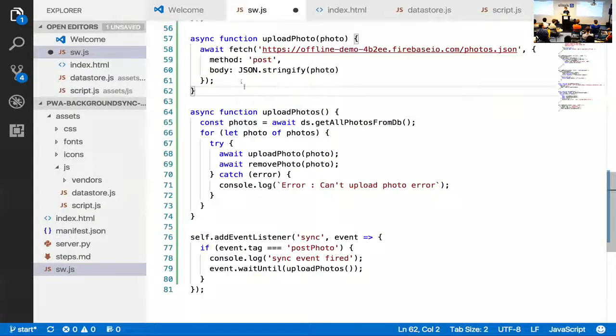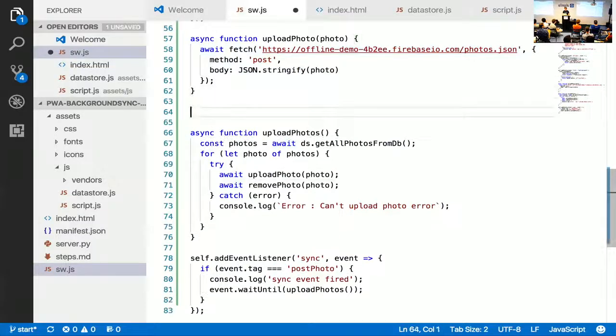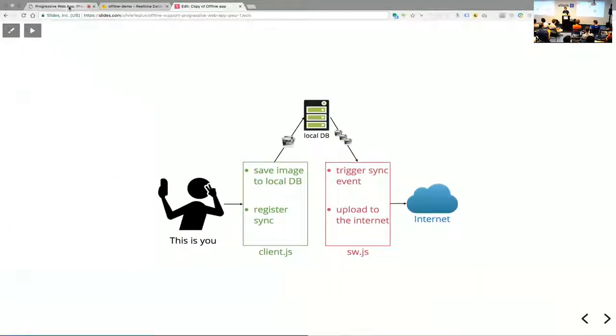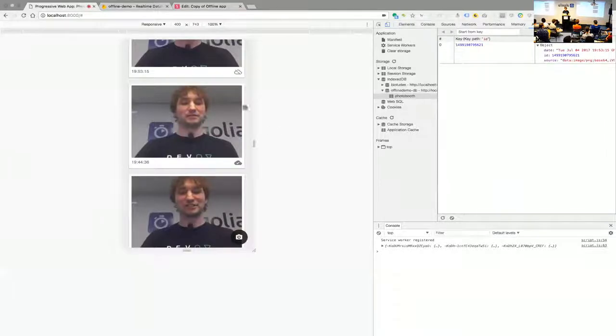So these two: uploadPhoto, which is called here. Very easy. It's exactly the same code we use in the first version of the application, just calling the Firebase REST API to send a photo. And the remove function: we get the store and we delete the photo with the ID of the photo, because it's the key. Okay, everyone is following now? Perfect. If I go back to my application here,